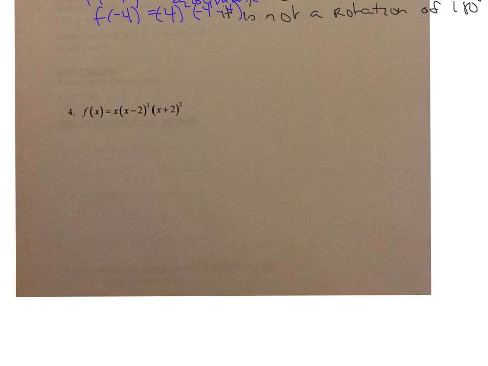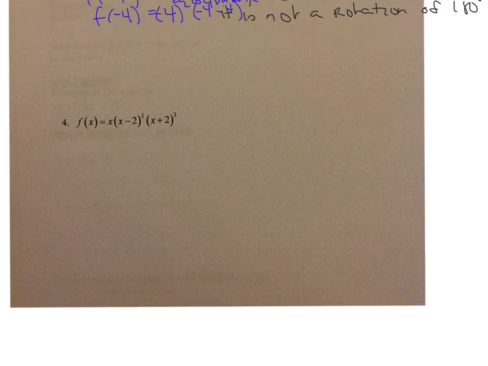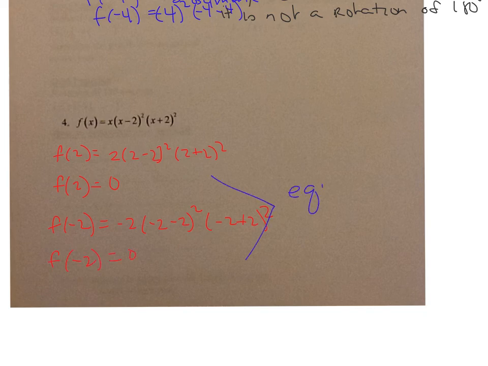Okay, so let's do f of 2. So f of 2 would be 2 times 2 minus 2 squared times 2 plus 2 squared. Plug it in your calculator. F of 2 is 0. So now we're going to plug in f of negative 2, the opposite. So it's negative 2 times negative 2 minus 2 squared times negative 2 plus 2 squared. Plug in your calculator and you get 0. Okay, so these are equal. And equal means even. Okay, so it's an even function